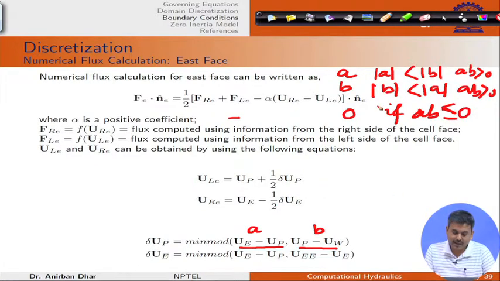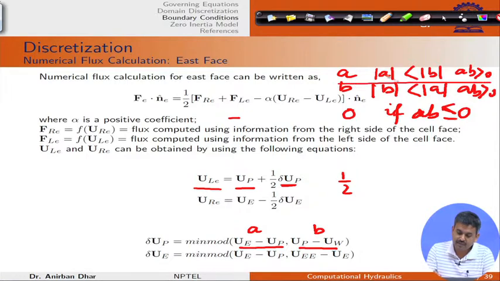So, if I apply it directly in this case, what I will get on the left side is u_P plus half of this one, this is delta P. In the first case, if modulus of a is less than modulus of b, obviously this is u_P